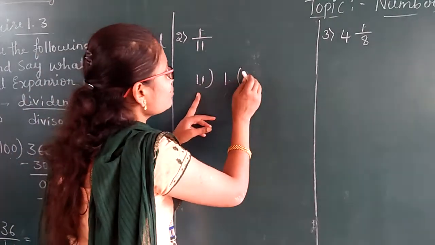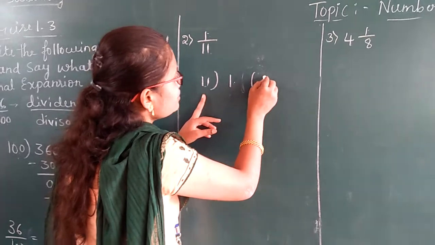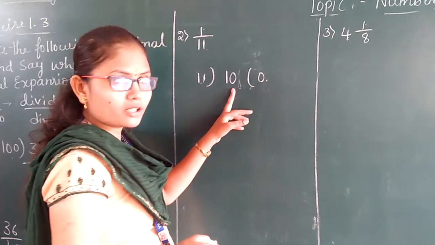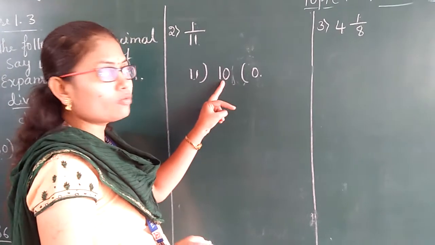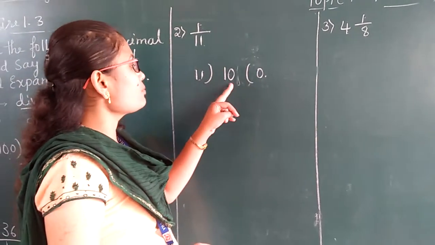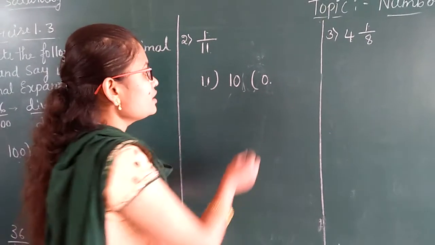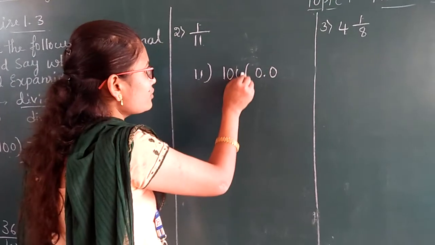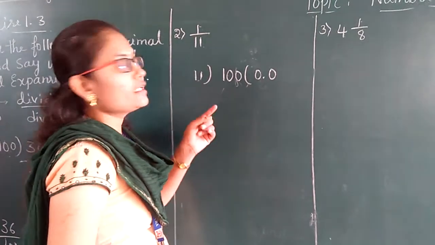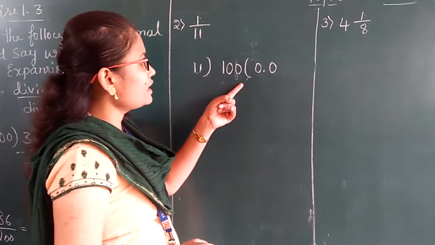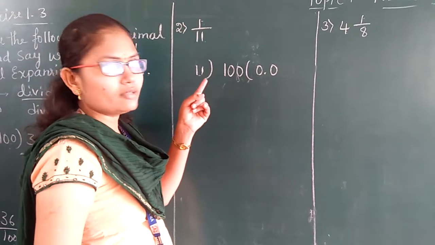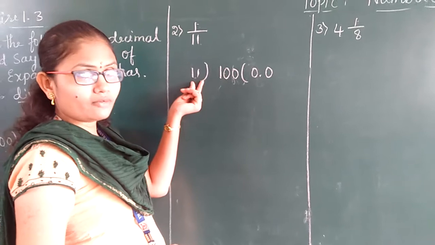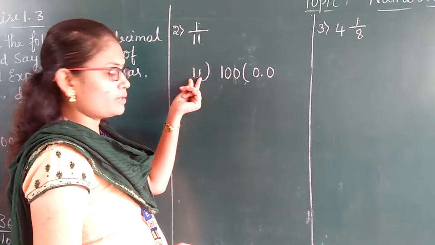So what do we have to do? We have to take 0.10, which we take. Again you can observe, now we have 10. It is not possible to divide by 11. So again we have to take one more 0 with the 10. Now it becomes 100. Now we can divide by 11. Yes. Now see, 100 will occur in the multiples of 11.